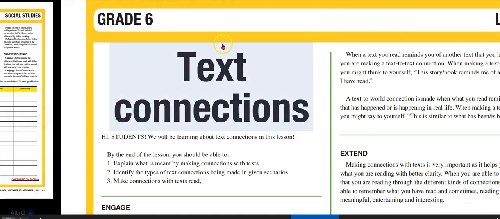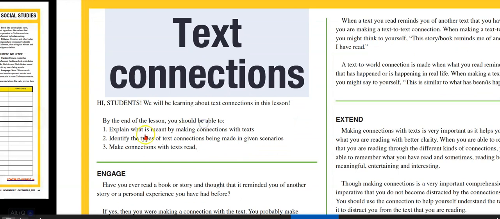So in this episode, we looked at text connections. Now that we have finished going through, are you now better able to explain what is meant by connections with text? Are you able to identify the types of text connections being made? Are you better able to make connections with the texts read? If you are able to do these things, then our objectives would have been met and we would have had a